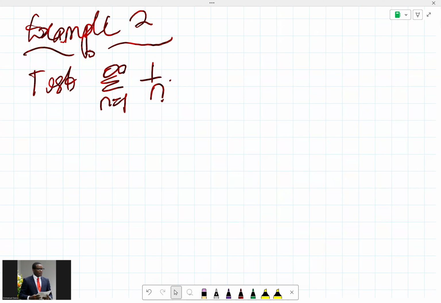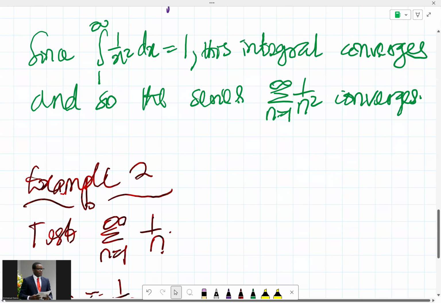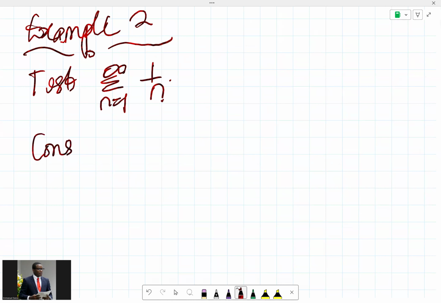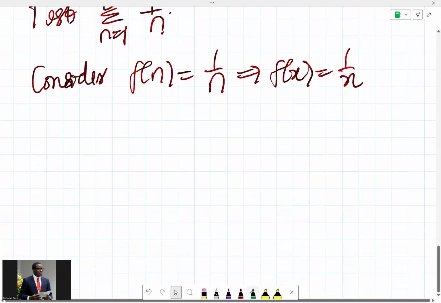So again, what do we have? We have a_n to be 1 over n. So how did we approach it the other time? We have f of n. Consider that f of n here is equal to 1 over n. That simply implies that f of x is also going to be equal to 1 over x. So we now need to evaluate